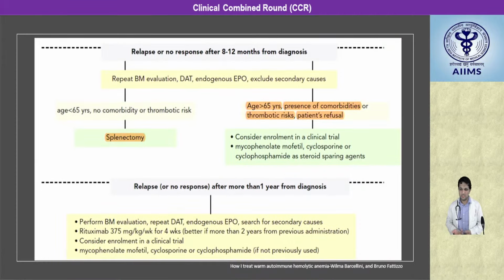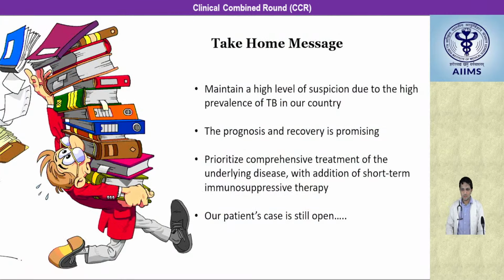Even if the patient doesn't respond to 8 to 12 months of treatment, then we have to re-evaluate the patient. And if the patient's age is less than 65, we have to proceed for splenectomy. If age is more than 65, we can consider enrolling the patient in clinical trials or steroid sparing agents. To summarize,